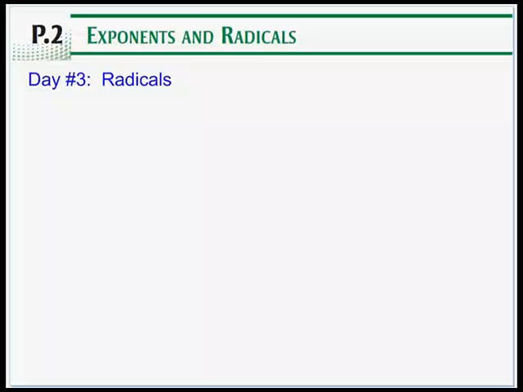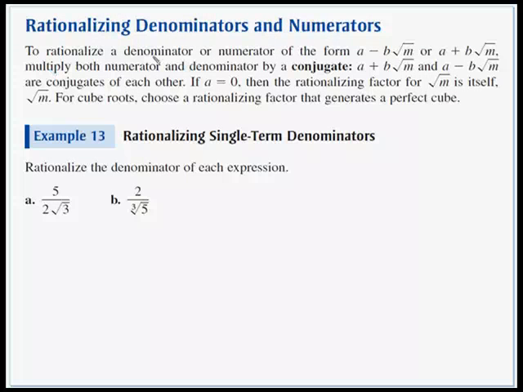Okay, let's finish up this section P2 on exponents and radicals. Now we're going to do some more stuff with radicals, specifically rationalizing the denominator and writing them as rational exponents instead of radicals. So to rationalize a denominator or a numerator in the form of some number a minus some number b times the square root of m, or a plus b times the square root of m, you multiply